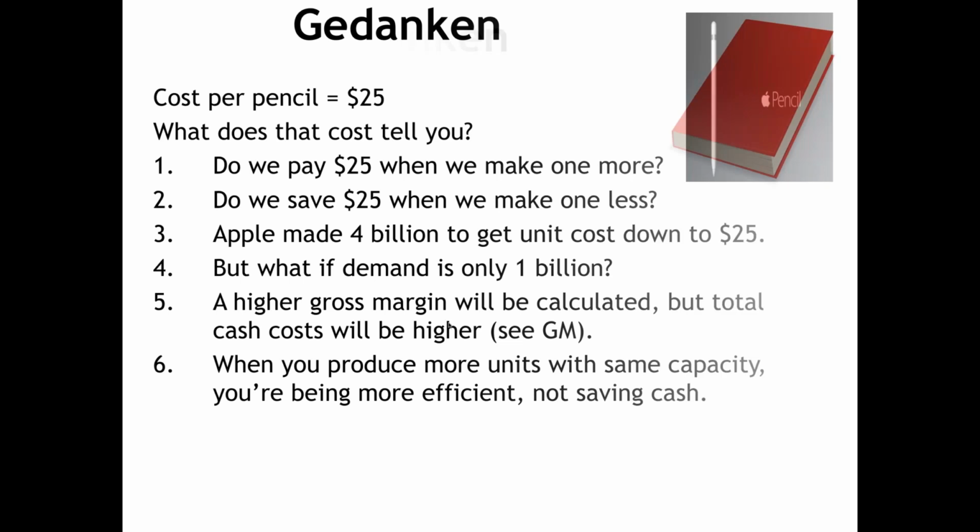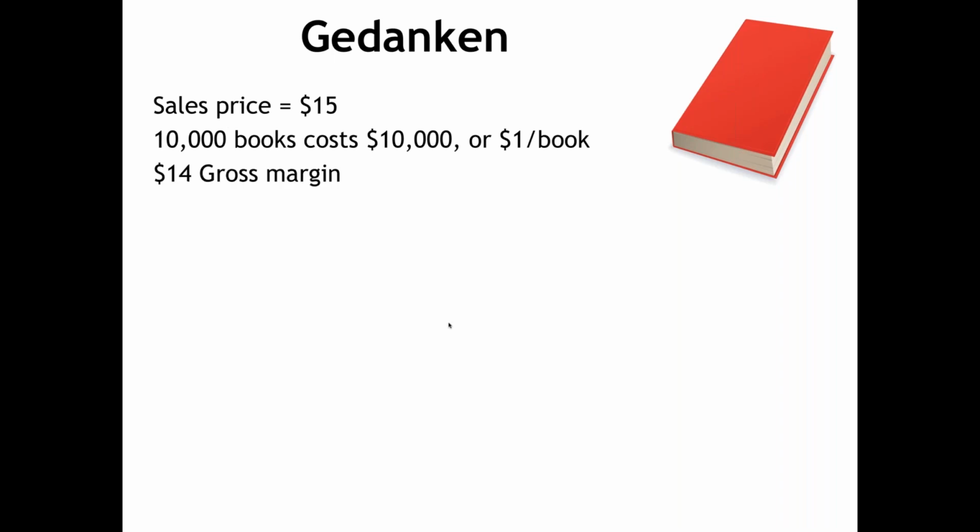So let me give you another thought experiment. Let's just say you wrote a book and you're going to sell this book for $15 because that's kind of the price that you've determined this book is worth, whatever. And you can have 10,000 books printed that will cost you $10,000. Now we're talking a paperback or hardcover book. So that's obviously a buck a book according to cost accounting, right? It's going to cost us $10,000 to produce 10,000 books. Okay, that's simple. That means our gross margin is $14.